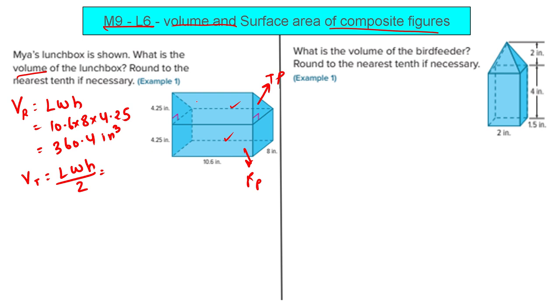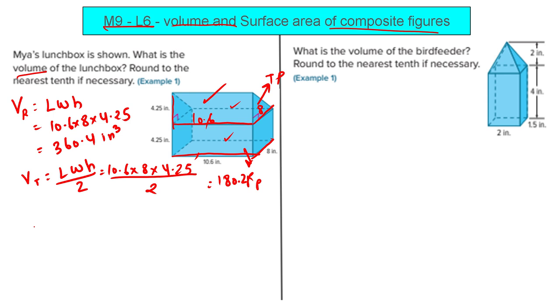Now check. For the triangular prism, the length and width is not given. Height is 4.25 here, right? But what is the length and width? This is the length, this is the width. How much? Check this line and this line. They are same, right? And the length here is again 10.6. And here the 8, this width and this width is same. So the width here will be 8. So this will be 10.6 multiply 8 multiply height 4.25 divided by 2, which will give you around